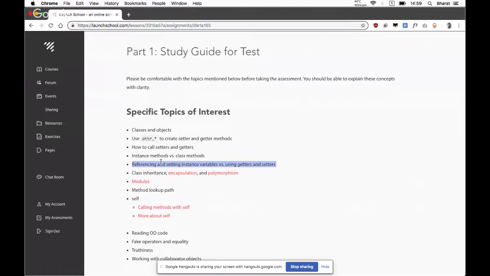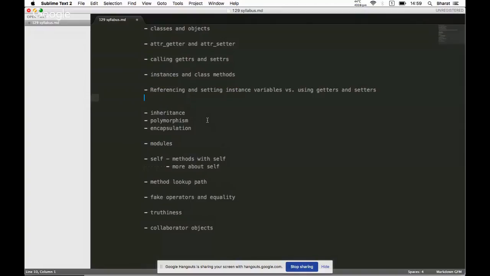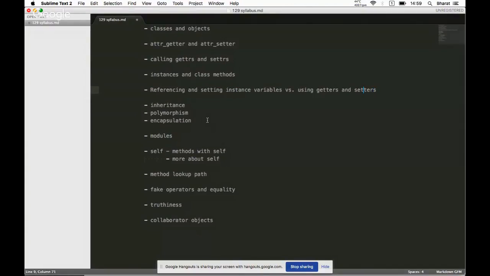We call it referencing and setting instance variables versus using getters and setters.